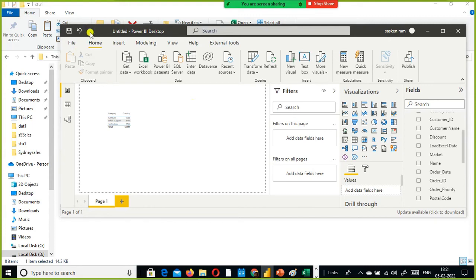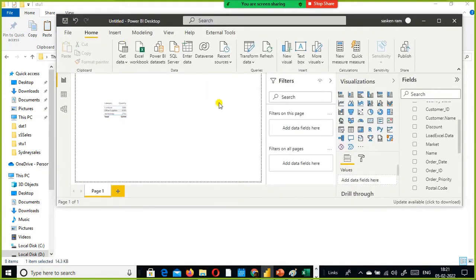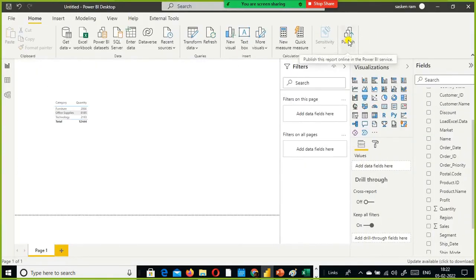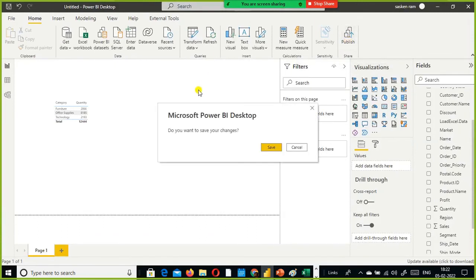You are seeing my screen, isn't it? Even to load 1000 records, 10 records, it takes a lot of time. Changing the data type unnecessarily and again converting it back is a painful thing, isn't it? You just think and come back with some solutions. Okay. Now what I do is I just go ahead and publish it on cloud. Let us see what happens.